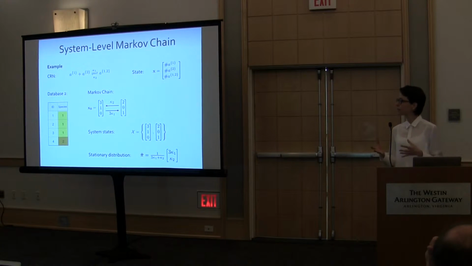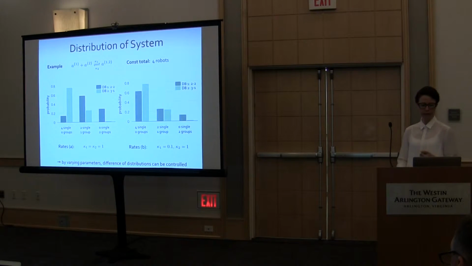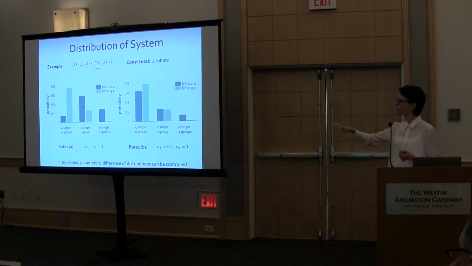And so the key insight here is that, well, if I change the composition of my swarm, I'm changing the states that appear in my Markov chain, and this also affects the stationary distribution of my system. So now I'm going to compare these two systems that I described to you before, side by side. So let's maybe look at the left-hand side plot first. And you'll see the first system that I presented is those are the dark green bar plots, and the second database is the light green.